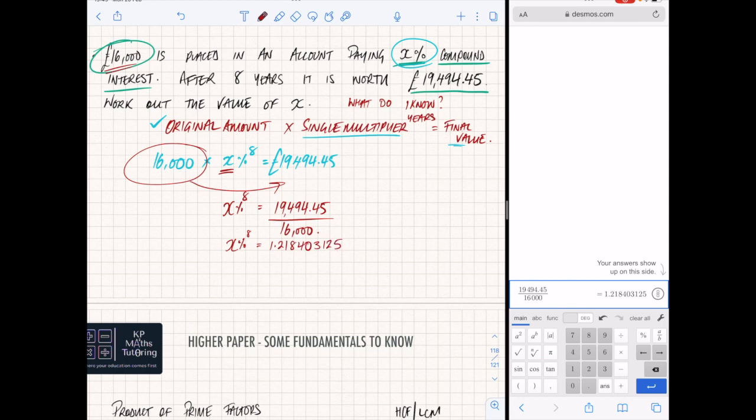3125. The reason I'm not rounding it is because I'm going to need to use that number again. This is to the power of 8 because it's 8 years. So to remove the power of 8, you're going to need to take the 8th root. So the X% will be the 8th root of